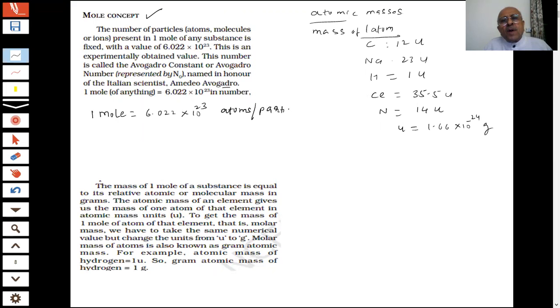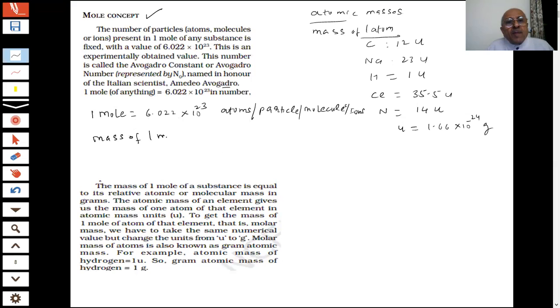This could be atoms, particles, molecules, or ions, anything. Supposing I say these are 20 apples. Now I say there is 1 mole of apples. 1 mole will mean how many? 6.022 × 10 power 23 apples. See how big this number is? This was experimentally determined, students. Experimentally determined that